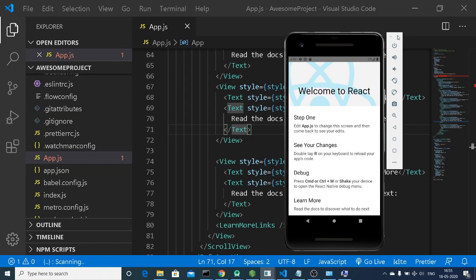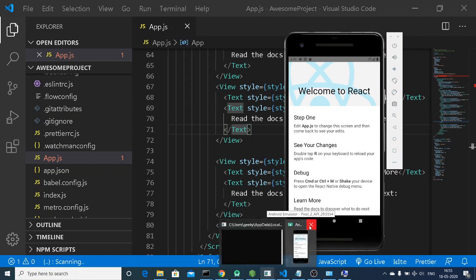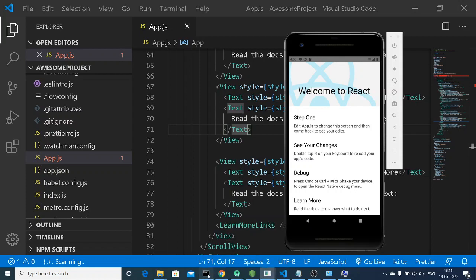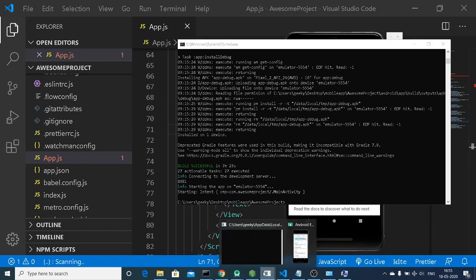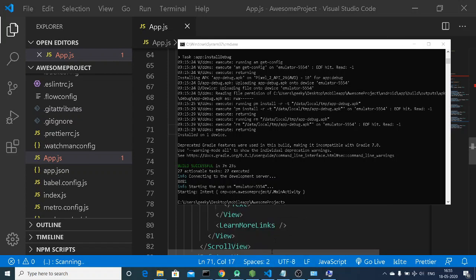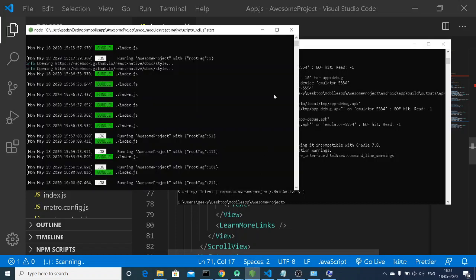Let me stop this, close this emulator, and also stop this. Let me close this also. This is for the emulator. It has successfully stopped here, you can see that. Let me also stop this.